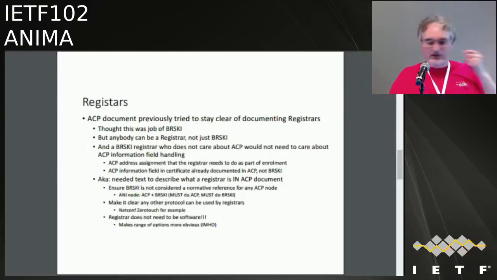So the big new thing being done was adding a lot of information about registrars. The way that we originally tried to split up the work was that we thought this was all in Brski, and as time evolved, we figured out that Brski is, of course, the preferred, mandatory ANI solution for the registrars, but that we're also trying to make all the documents, Grasp, ACP, Brski, independent from each other,